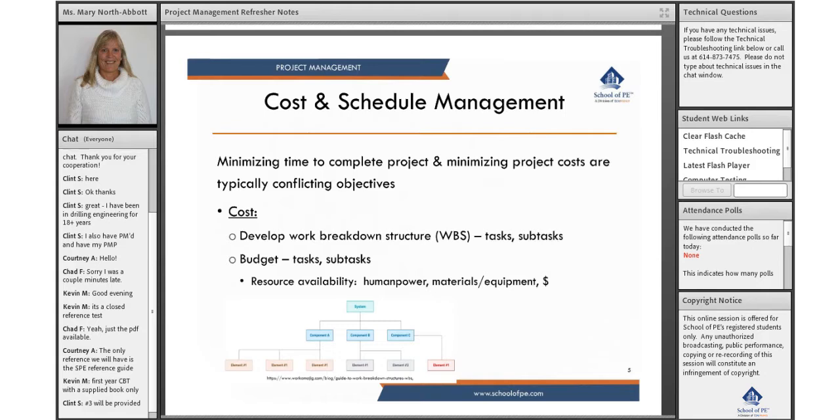pretty detailed. You've got your major tasks, and you can put a schedule to those, but also the minor tasks and subtasks below that. And usually when you're doing that, you're not only assigning a budget, you're assigning specific persons or specific job titles to certain things. So your resources are really, for the most part, what we're doing is not only our materials and equipment, but our human power, who we